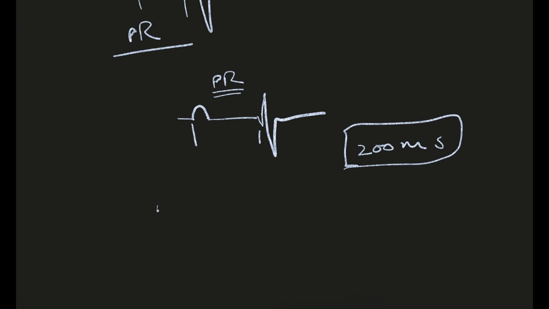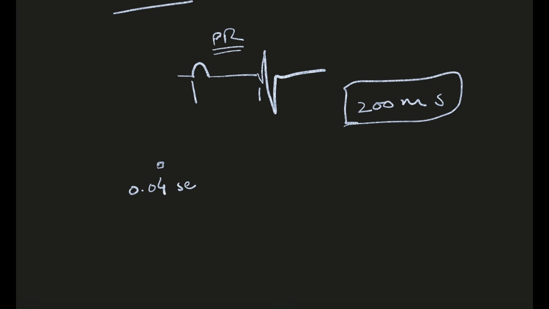I told you that the smallest square was equal to 0.04 seconds, and five of these smallest squares making a small square is equal to 0.2 seconds or 200 milliseconds. If you look at the ECG of this patient, you might find